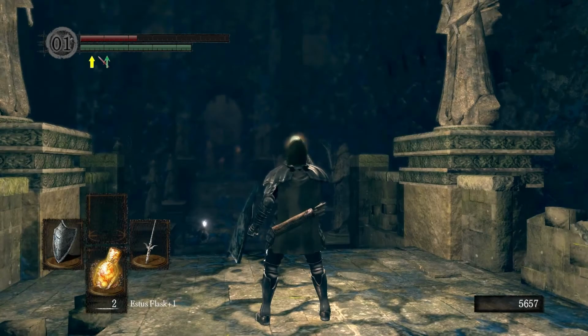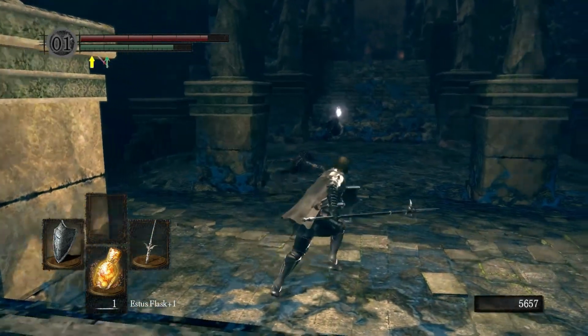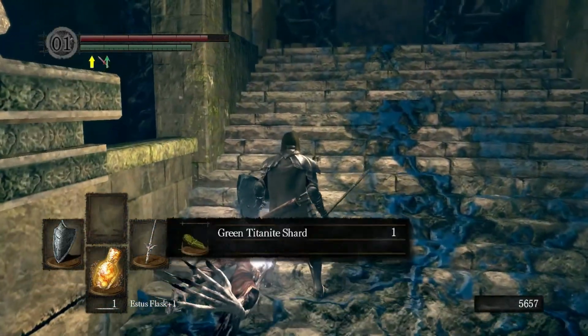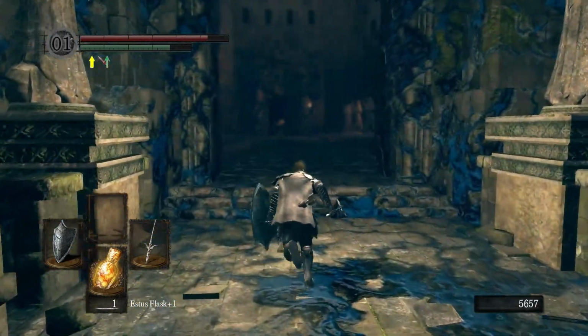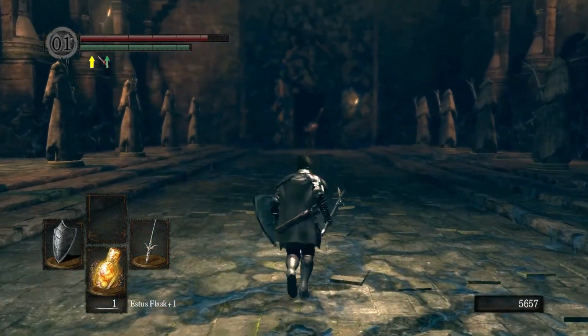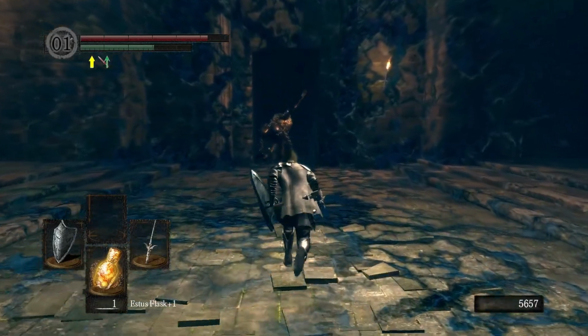Let's just heal up again. Now I have to fight this prisoner, and that's gonna be even worse because this guy's an asshole too. And I don't have a particularly high stability shield on me. That's nice though. Green Titanite shards. Those are gonna come in handy never, basically. Oh well. We don't have to fight this guy, but I'd rather fight him and kill him than try to work around him,